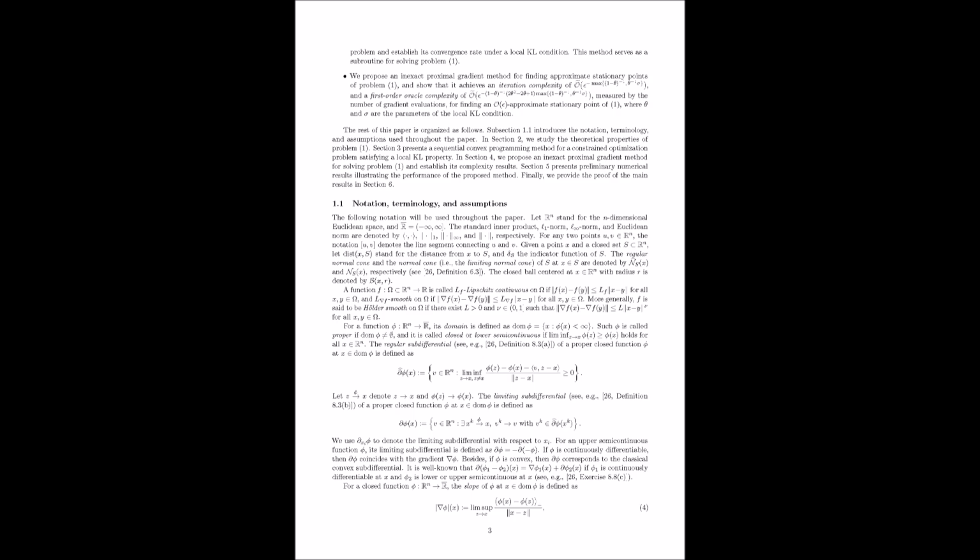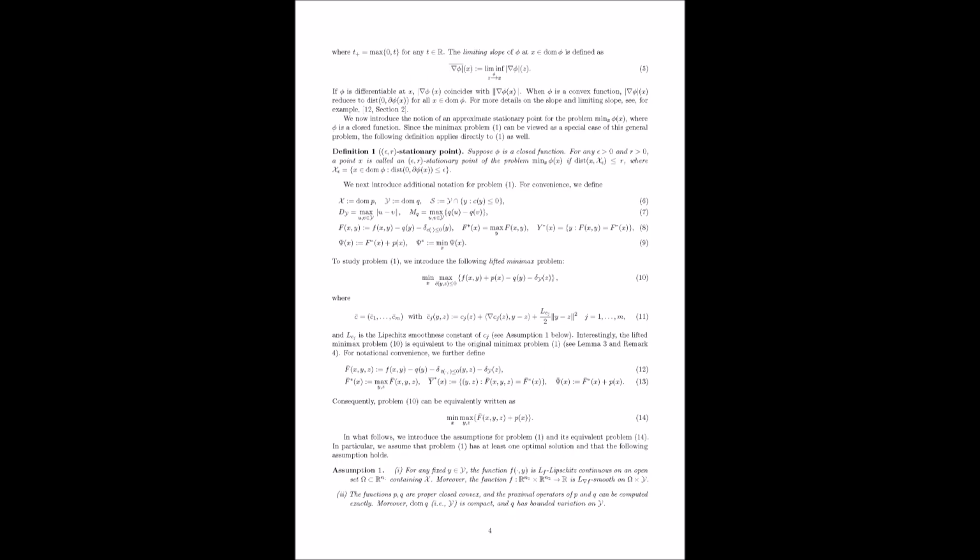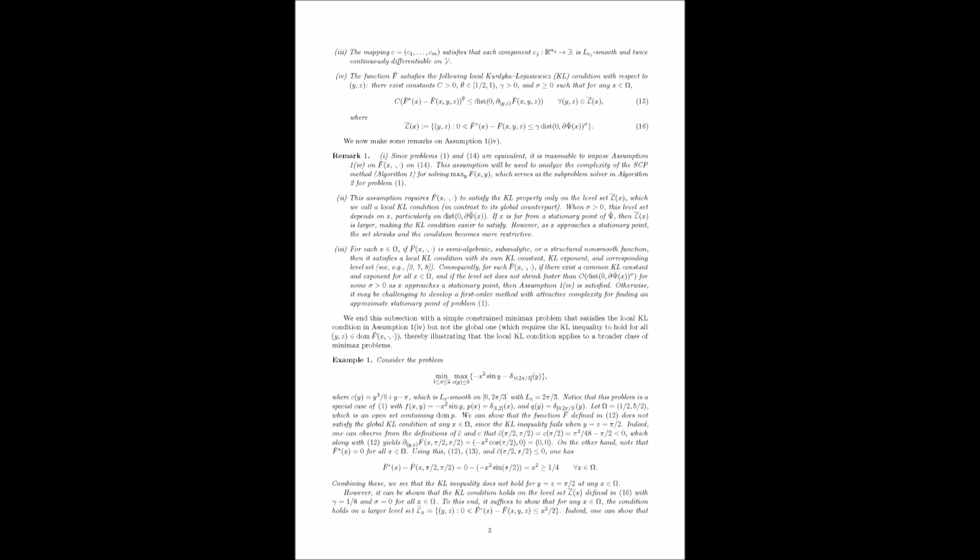Let's look at the inequality they provide. Formula 18 provides a bound on the norm of the difference between the gradients of Φ at two points, x and x'. So it bounds the norm of ∇Φ(x) minus ∇Φ(x'). Okay, how is it bounded? The bound has two parts. The first part looks familiar. It's L times the distance. Here, L is related to the Lipschitz constant of the gradient of the original f with respect to x. This is a linear term, just like in standard Lipschitz continuity. Okay, so part of it behaves nicely.